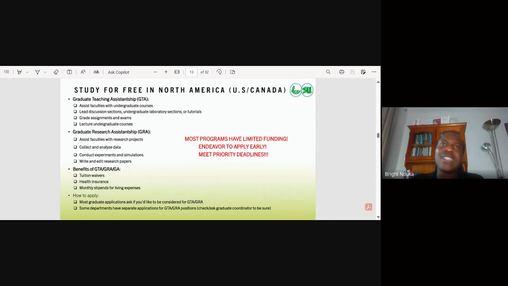Again, another thing I advise people, especially for the US, or if you're applying to the UK for a PhD program: one of the things I did when I was applying for my PhD funding was that whenever I saw an advert of a PhD opportunity, I emailed the supervisors that have been put in there. Their emails are always there. You can email them and say, please, I would like to know more about this particular project. Can you tell me more about it?